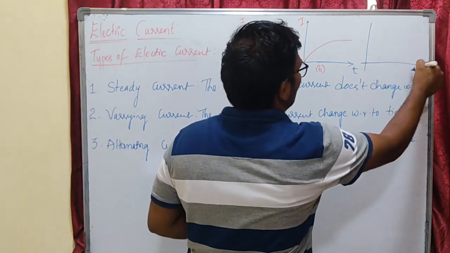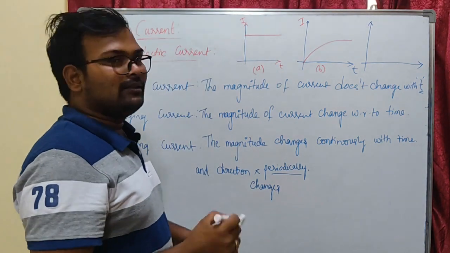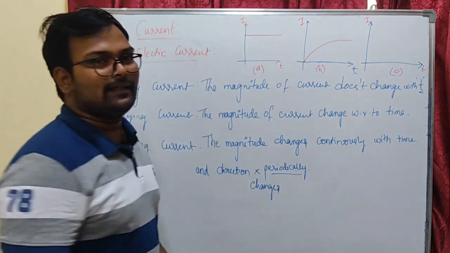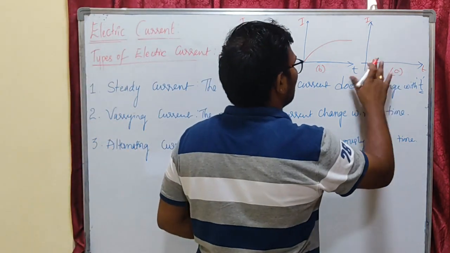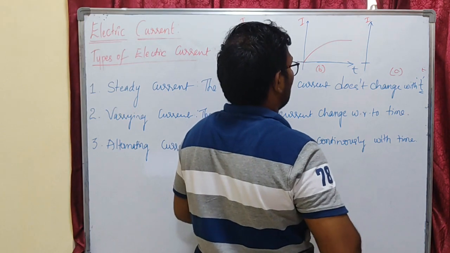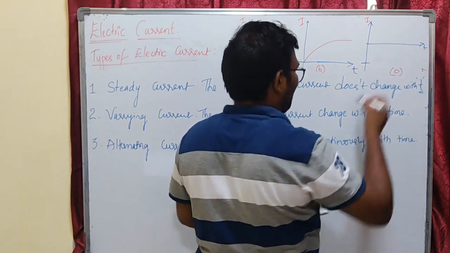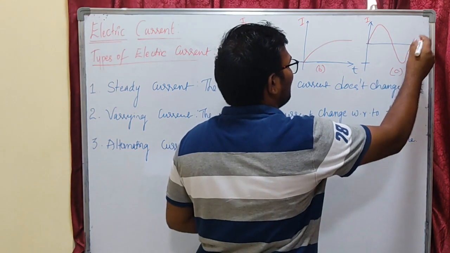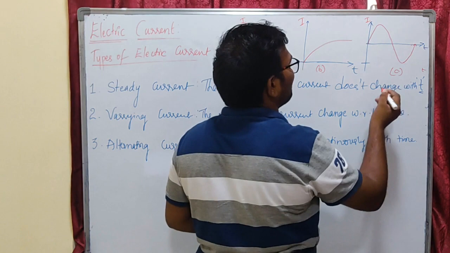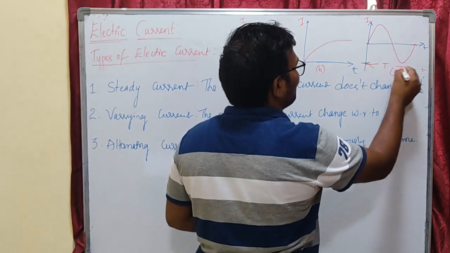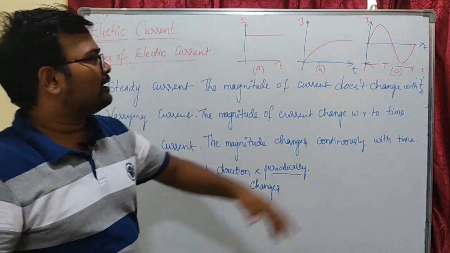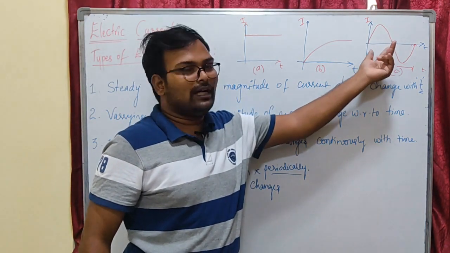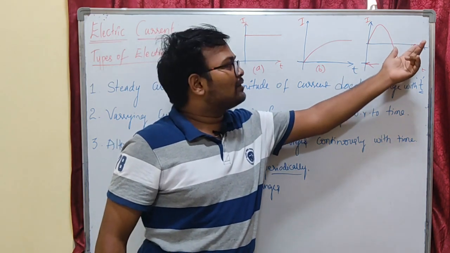Now I am going to draw the waveform for our alternating current. So the x axis is the time axis, this is my figure C, and the y axis is my current axis. Now you can see that I am drawing the time axis like this because I have to draw a sinusoidal wave. So it changes magnitude continuously with time and its direction periodically. Here you can see this is the time period of the wave. So this is the alternating current waveform, that means it is changing its magnitude from time to time and its direction with some period. After this period the direction is reversing, after some period the direction is reversing.